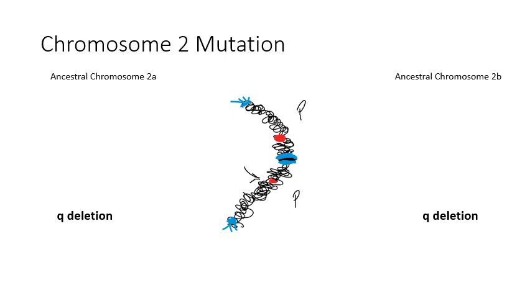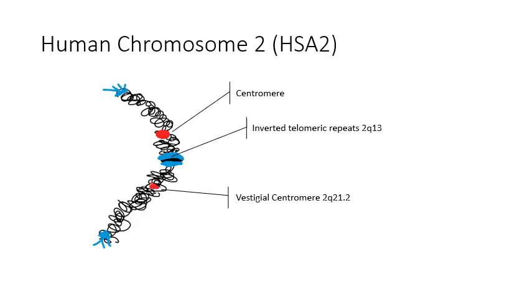Because if we do have two centromeres on chromosome 2, and you can't have two centers, that means that one of them is vestigial and gives us the information that we need to know. So again, I know this isn't the magnified electron microscope one slide. Human chromosome 2, HSA2. So labeling this, we have the centromere